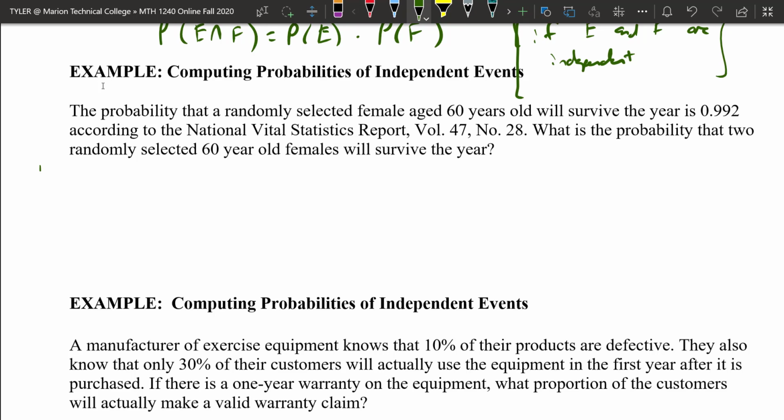So if I let event E equal the event that the first female survives, and F equal the event that the second female survives,